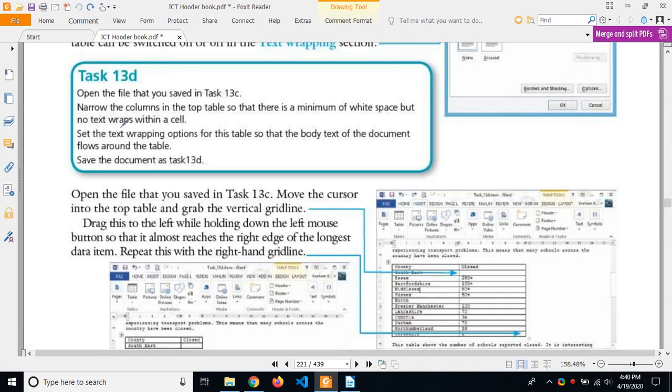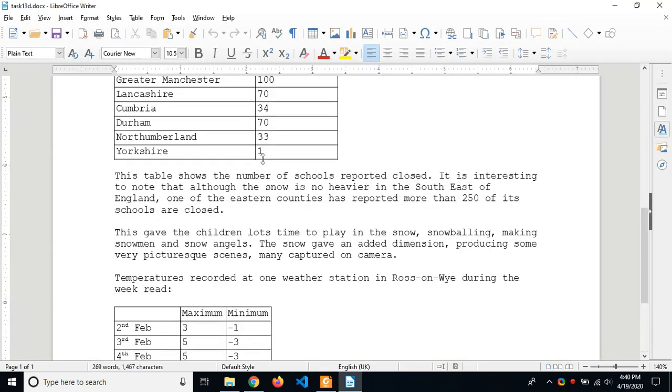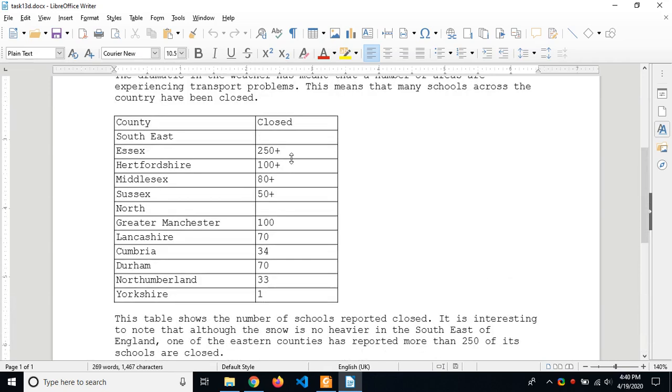Then here it says that we have to narrow the columns in the top table so that there is minimum white space but no text wraps within a cell. Okay, we go to the top table. Then what we do is